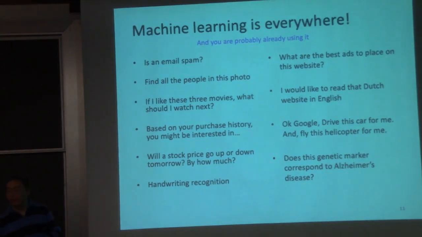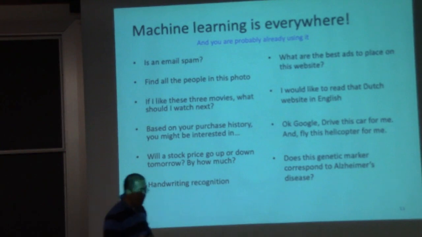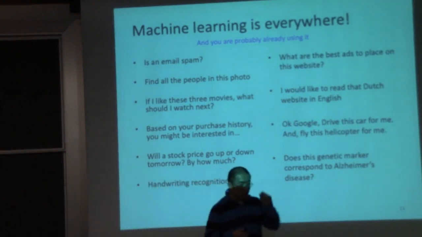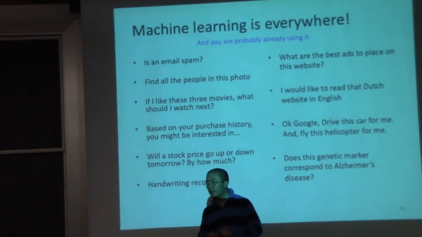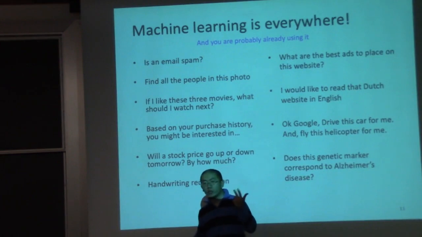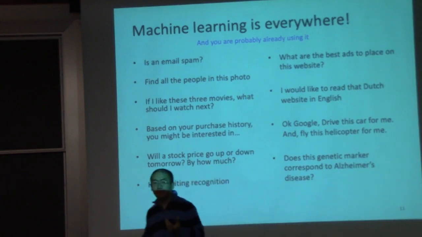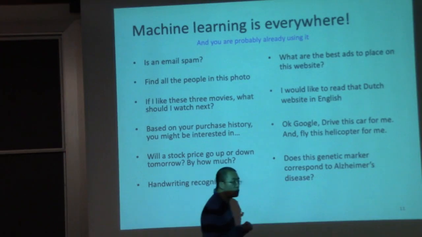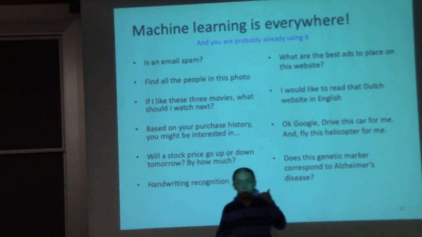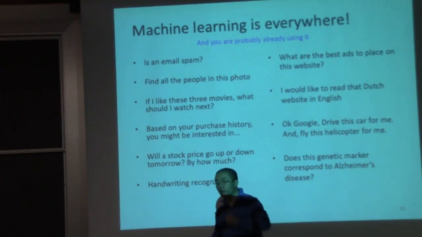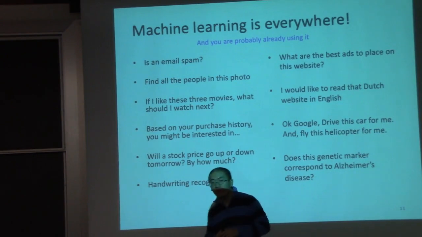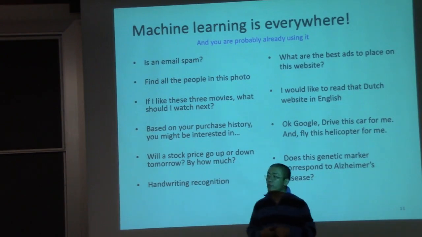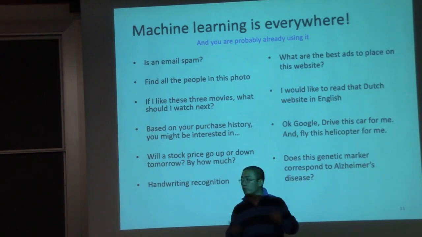Handwriting recognition. A typical example of handwriting recognition is the recognition of zip code in your letters. Right? Whenever you send a letter to the post office, the very first step is to identify the zip code and to map the zip code to the target area your letter will be sent to. Right? So this is a very important step, and at least 95% of such kind of work are done by machine learning algorithm, and it's pretty good.